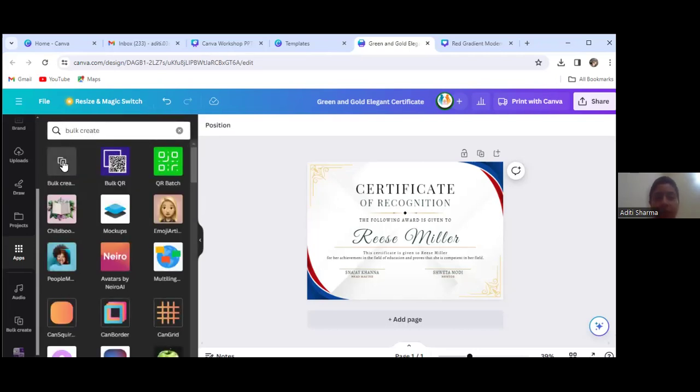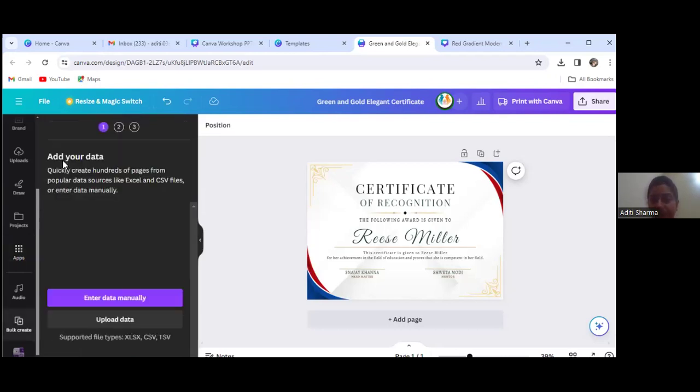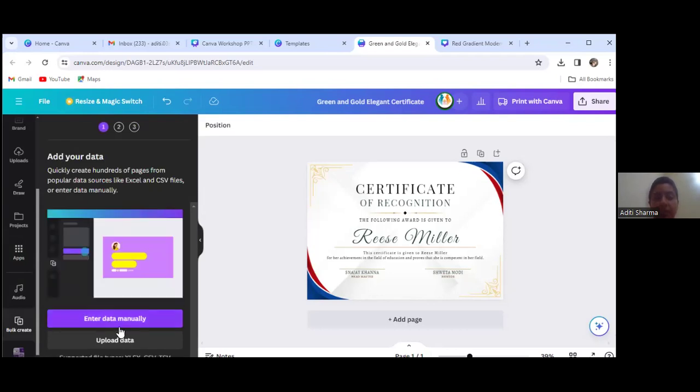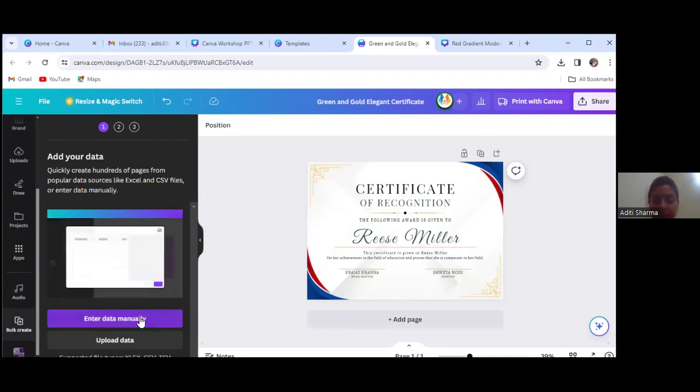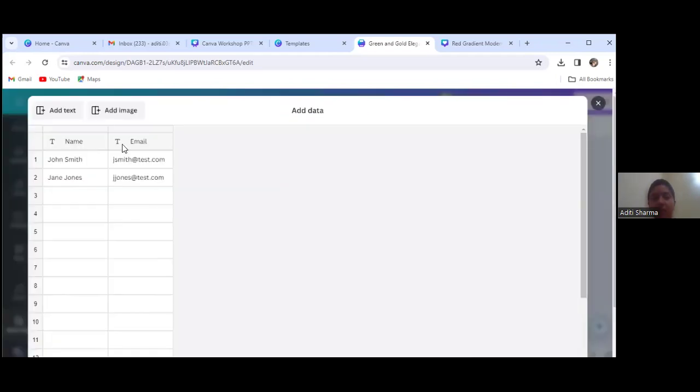Now, here option, first option is coming bulk create. इस पे click करिए. Now here data you can add manually. आप यहाँ पे अपने हाथ मैनुअली भी ऐड फीड कर सकते हैं या कोई CSV फाइल आप यूज कर सकते हैं. So first I'll give you the option to add data manually. Enter data manually. I don't want to change any email. यहाँ तक सबको क्लियर है? How we can go till here?